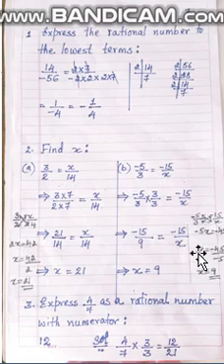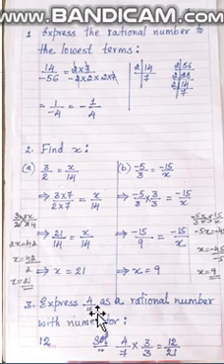You can also do it by the cross multiplication method. Minus 5 into x and 3 into minus 15. So the value of x is equal to minus 45 by minus 5. So again the value of x is equal to 9. Both the ways you get the same answer.